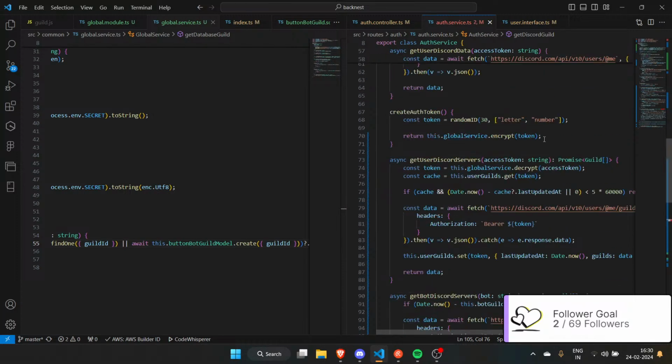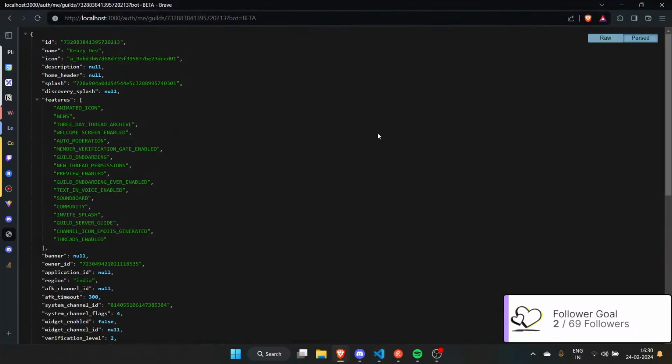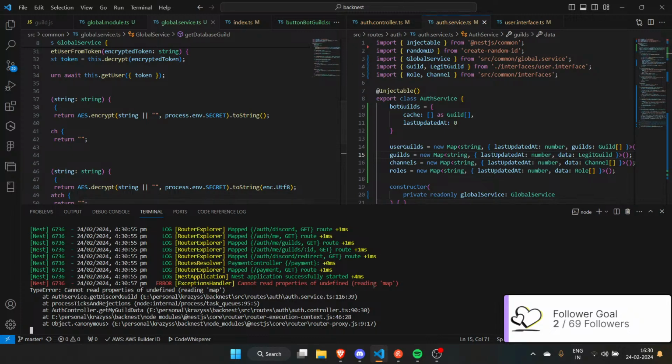And then this thing will be a LegitGuild as well. Right? Oh, it is not imported. Okay. Awesome. So if I reload, it probably works. Does it work? It doesn't work. Okay. Cannot read property of undefined reading map.